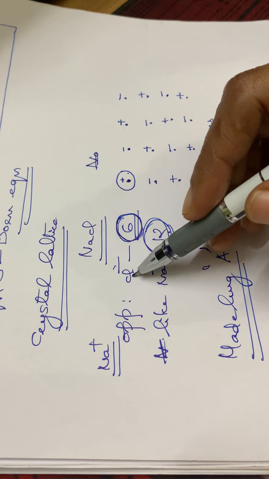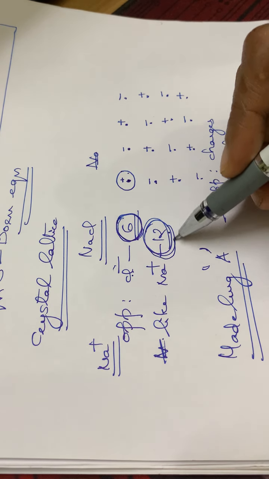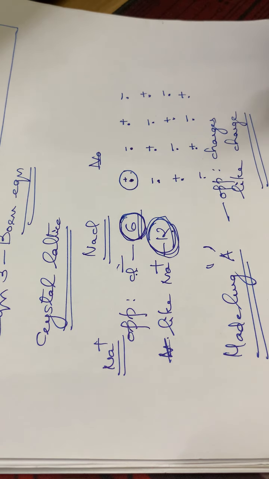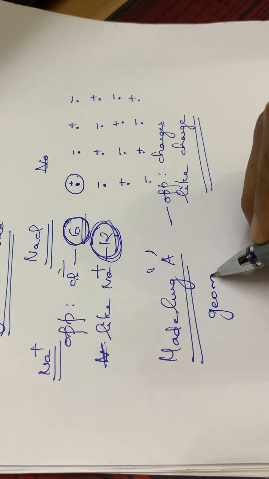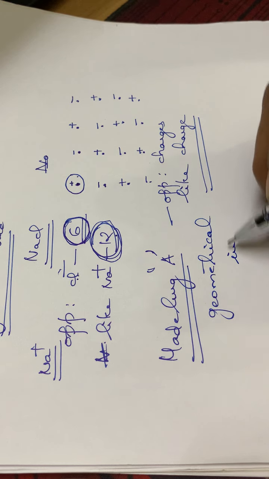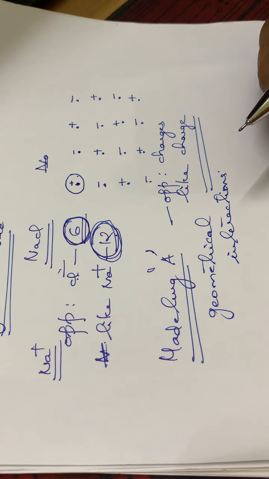So there will be an interaction. Then similarly like charges are also there. Next neighboring like charges, that is 12 neighboring like charges, are there. So there will be some geometrical interactions between these. Okay, so due to these geometrical interactions, the other constant came into being, that is called the Madelung constant. Okay, Madelung constant A.